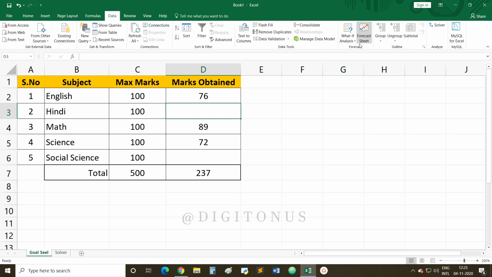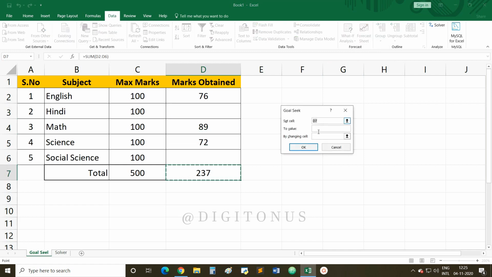Now again I am using this GoalSeek feature, going to What-If Analysis under the Data tab, GoalSeek, set cell the same D7, to value 410, again the same value. By changing cell, now I am selecting two cells because in these cells only I want to change the value.